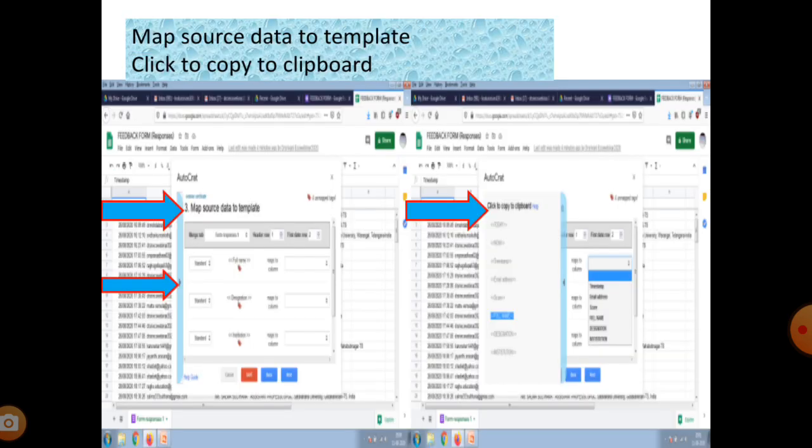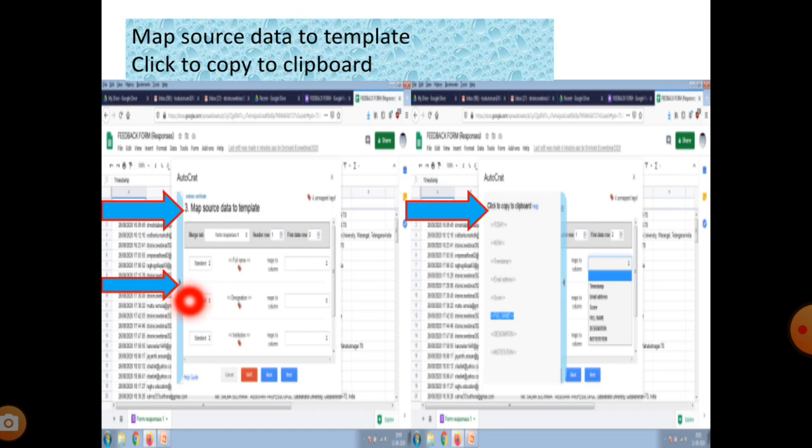Next, third is map source data to template. What sources do you have to give in your feedback form? Full name, designation, institution, place. I have given the four: full name, designation, and also email address. For the sources, first there is a scroll bar, a blue line.